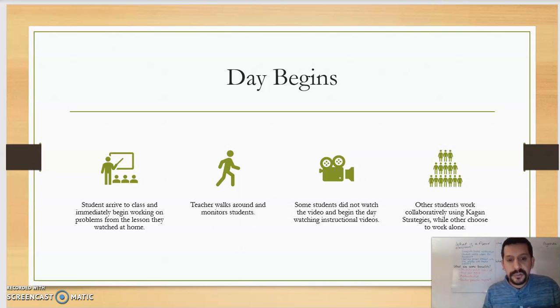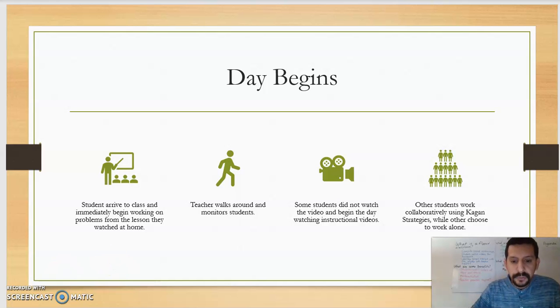During this time, as students begin working on problems in the lesson, the teacher is able to walk around and monitor different groups of students and chime in wherever necessary and provide some extra support. And yes, you may get those students that we mentioned in the previous videos that do not watch the video at home, so they can begin the day by watching those instructional videos and taking notes. Lastly, other students in the classroom can be working collaboratively using the Kagan strategies, while others may be able to